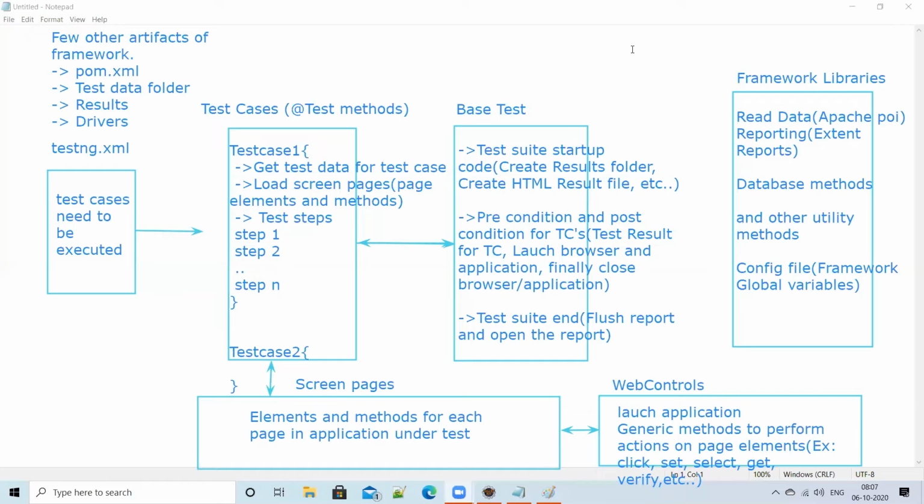Dependencies are nothing but, for example, TestNG is one dependency, Extent Reports is another, Apache POI is another, and the Selenium WebDriver libraries are another. Whatever dependencies we specify in pom.xml will be loaded into the project dynamically.